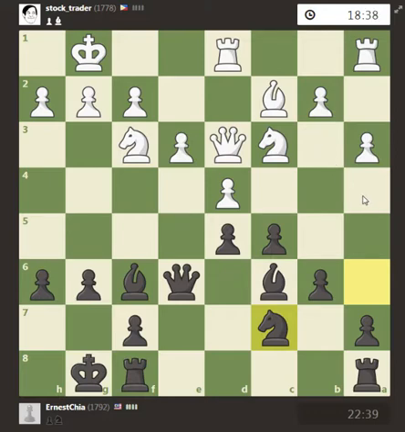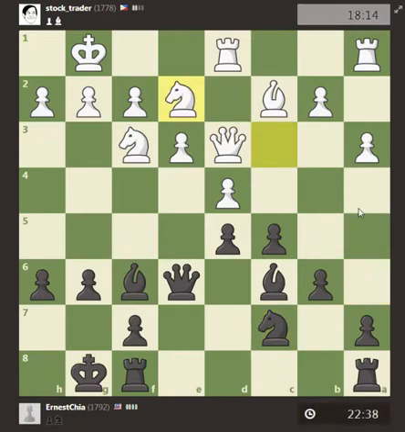Bishop a4. Bishop a4 threatens to exchange one of my pair of bishops. But I can reply with b5. I think I can reply with b5 because bishop takes c4 and knight takes, bishop takes c4. Okay. So he still wants to keep control of the d4 square in case I...